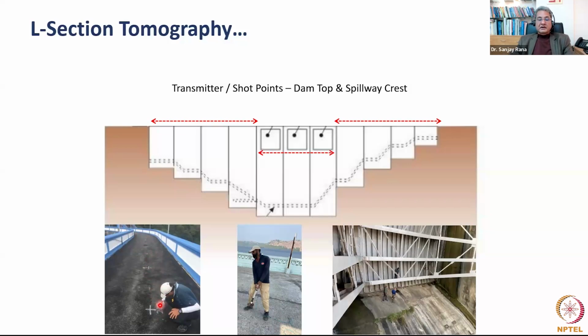This wave, of course, we are not using any explosive in a sensitive structure like a dam. We are going to use a hammer. It can be a 5 kg hammer or 10 kg hammer, depending on what is the total height which needs to be covered, so that our waves are strong enough to be captured on the other side and we are able to pick the first arrivals properly. So here is a person ready for hammering on the dam top. Once we go to the spillway, of course, you need to go on the spillway crest. And again, you can see these people standing there. Of course, they use all the safety harnesses and all safety protocols are followed. And they are ready to strike on the spillway crest.